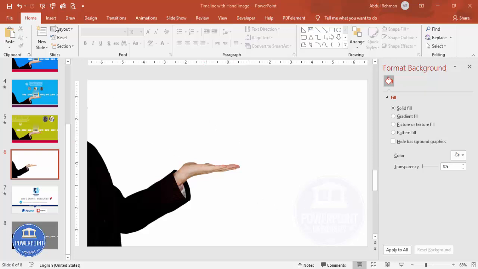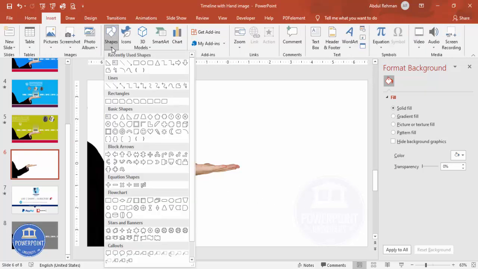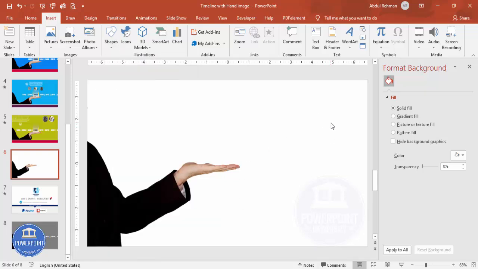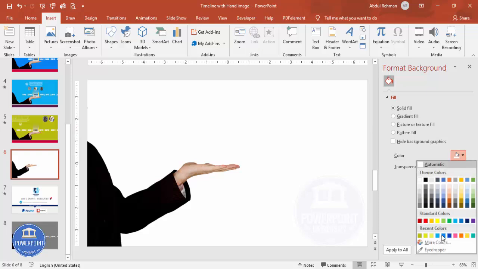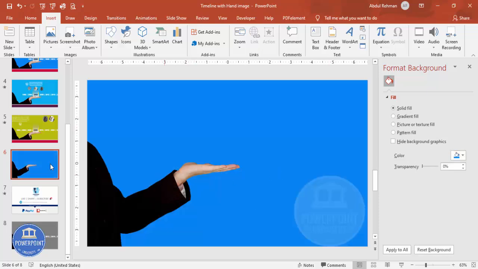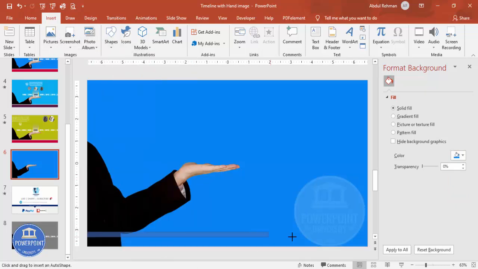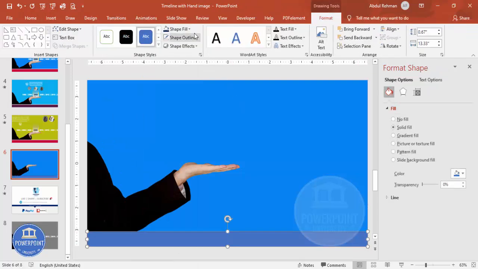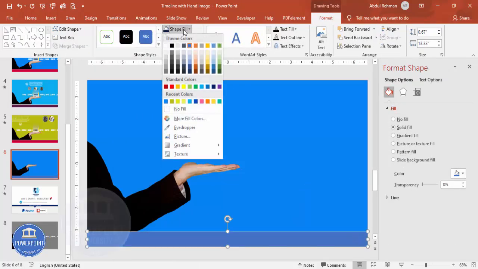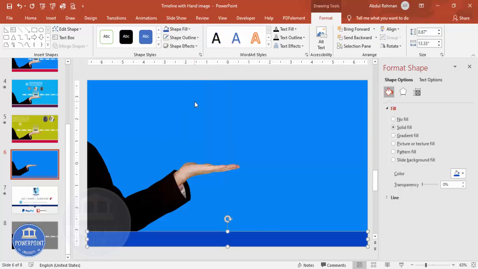The next thing is you can add some good background colors here. If you want, you can add one rectangle and then change the color, or you can just change the color for the full slide, depending on your requirement. So maybe I'm just going to choose this color. You can see here I've just selected this color, and then I'm going to add one rectangle at the bottom here to give a different contrasting color. Let me just remove the outline, and then you can see here I can give any color of my choice. Whichever color you feel better, you can just add that one.